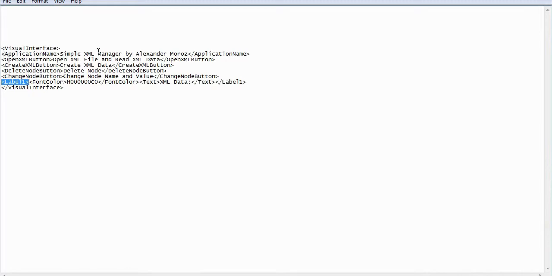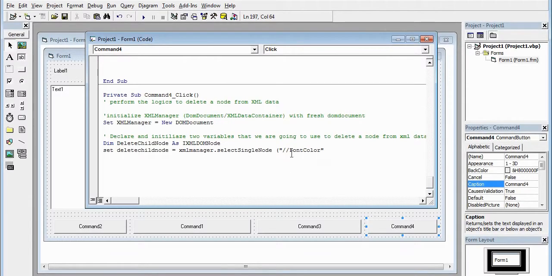inside of the label 1, inside of the visual interface. Then it's going to go inside of the label 1 and find the font color node, without us having to specify that we need to go inside of the label 1 and font color. For that you need to put double slashes like so. Okay, and then we're gonna dim